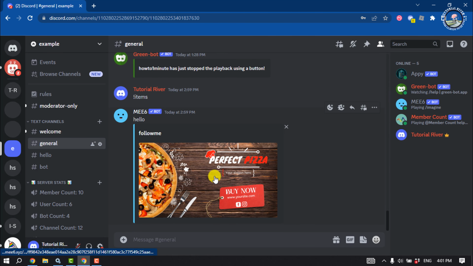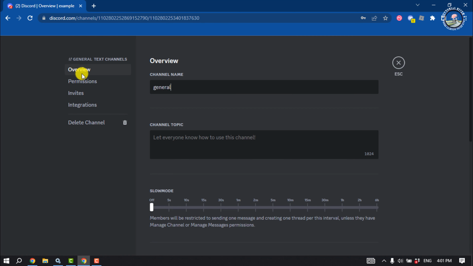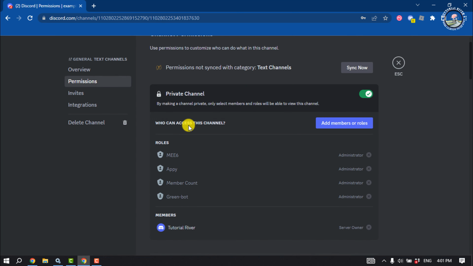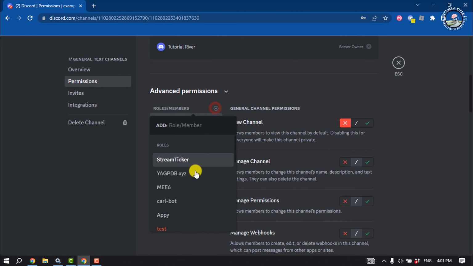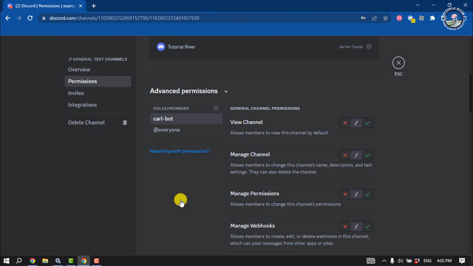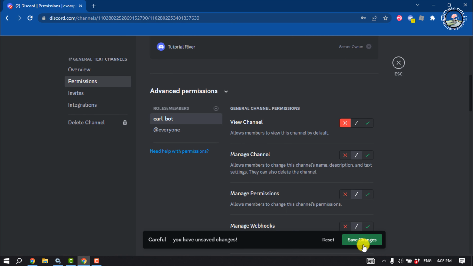So I want to hide the Curl bot from the general channel, so I'm going to click on edit channel, permissions, and here click on this plus icon and select the bot you want to hide. In my case, I'm going to hide the Curl bot, so I'm going to select this, and you will find this view channel option here. So you have to select disable, click on save changes,